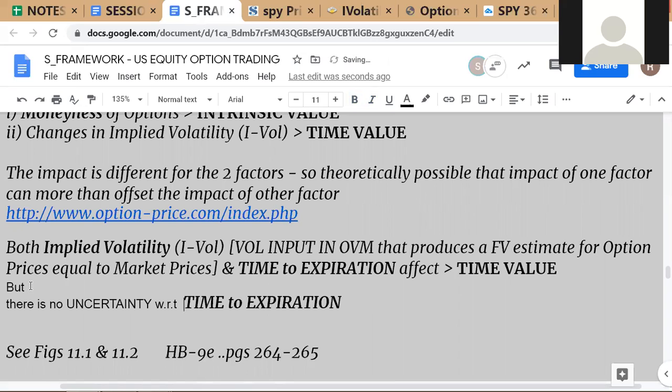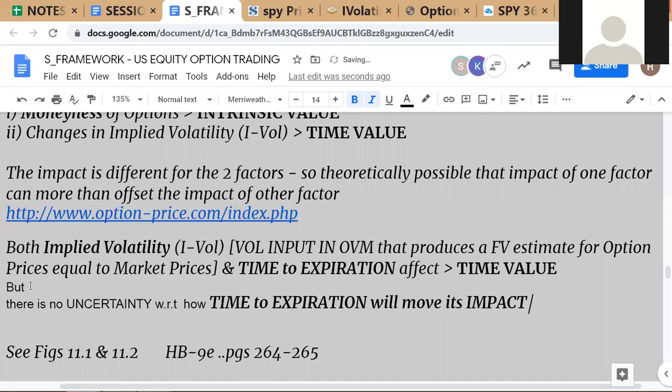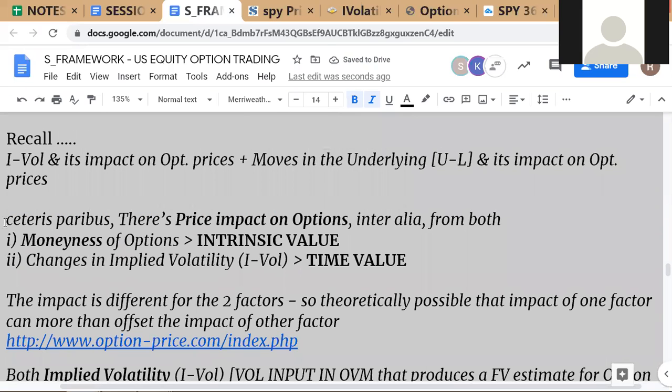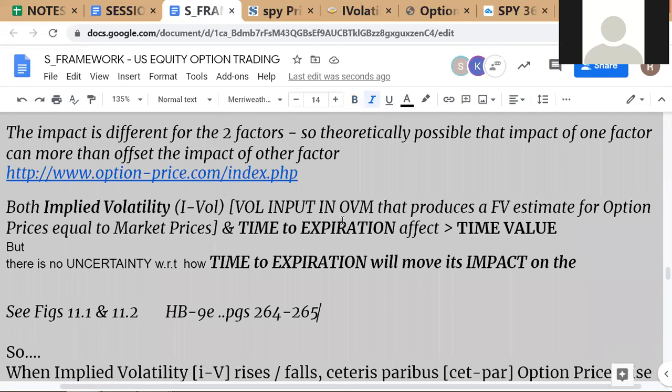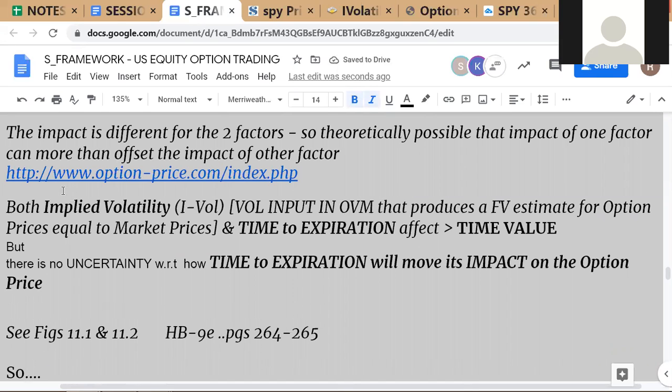Why we don't worry about this? Sir, premium value will be less when the expiry date is near. Correct, correct. So what I'm trying to highlight here is that although